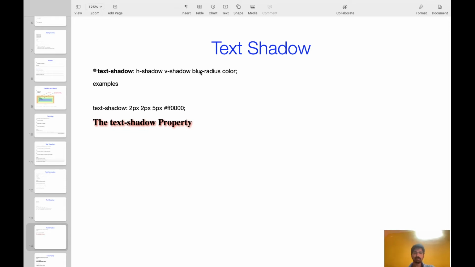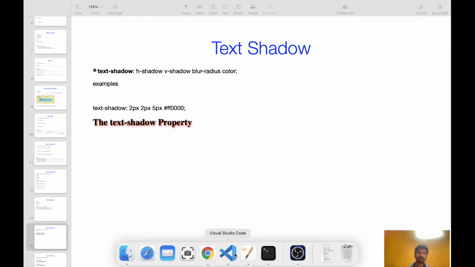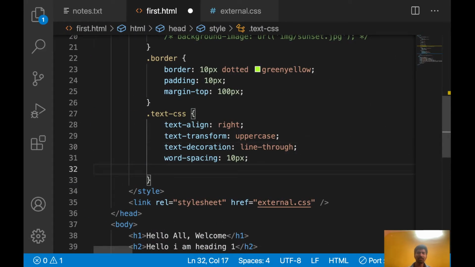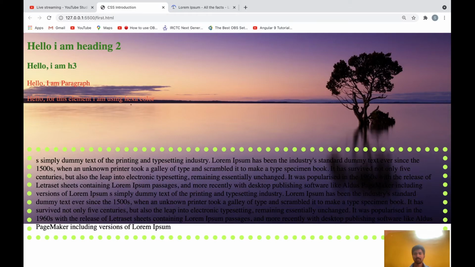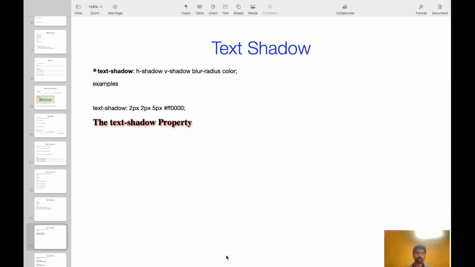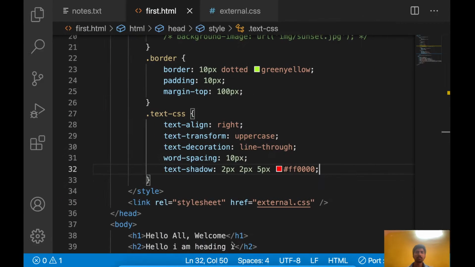You will get to know what blurriness means once you use it. Let's use this one. Let's copy this one. For this I want to apply some text shadow. Let's see how it will come. Text-shadow. This one is not coming.